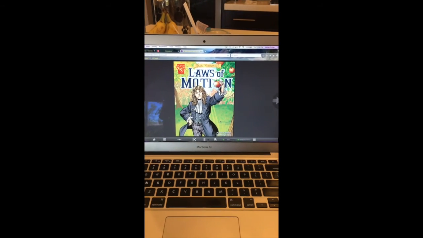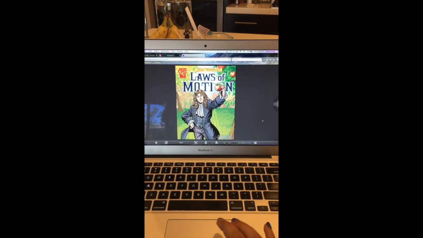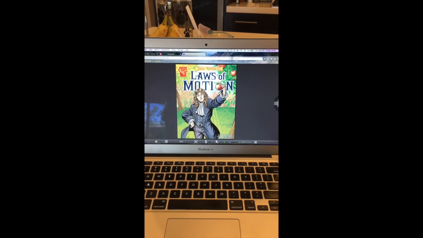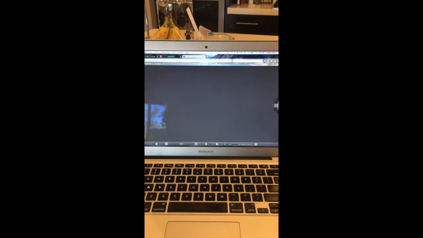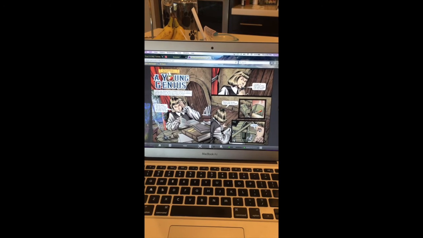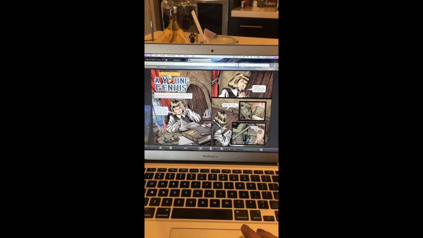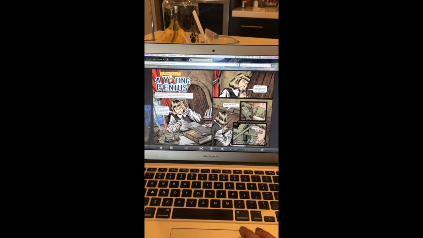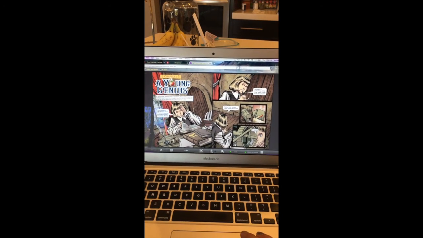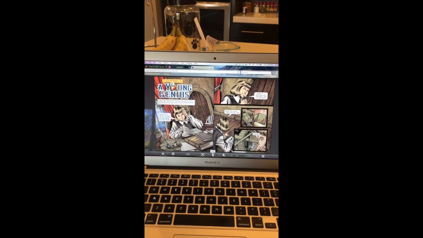Isaac Newton and the Laws of Motion by Andrea Giannopoulos, illustrated by Phil Miller and Charles Barnett III. Chapter 1. A Young Genius. In 1653, Isaac Newton lived in Grantham, England. He loved to read and experiment. He also had a talent for building machines. When he was 11 years old,